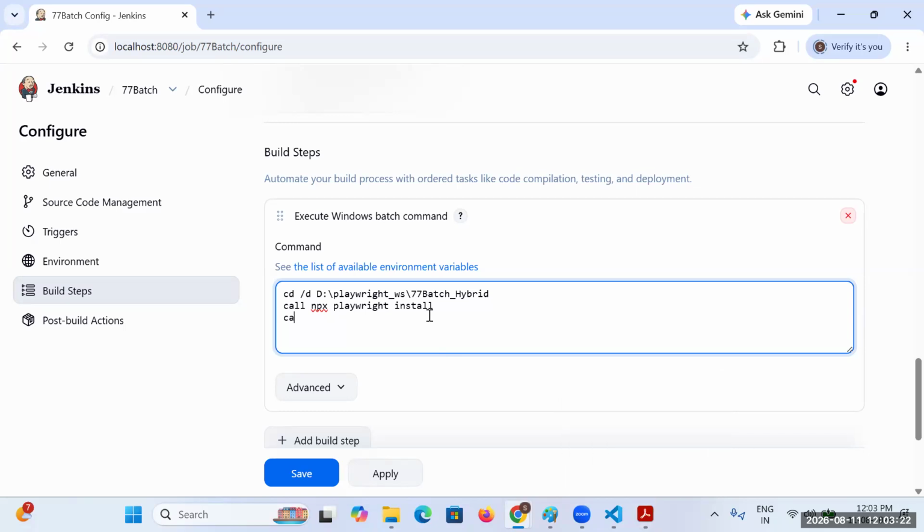In the same way, you call npx playwright test, providing the path of the test folder. By that, whatever automation scripts are in that test folder, it will be able to execute all of them. This is how you need to provide the list of commands here.